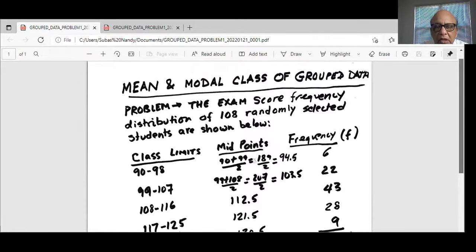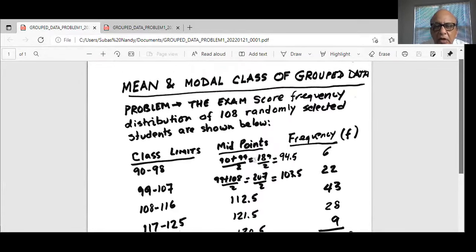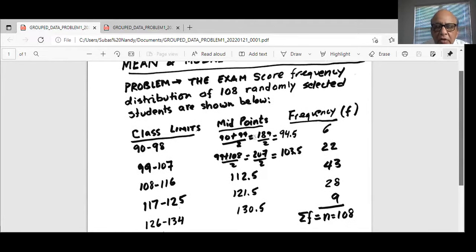So we are going to calculate the mean and modal class of group data. There is a problem. The exam score frequency distribution of 108 randomly selected students are shown below. The data set consists of a number of groups of data. For example, the first group is between 90 and 98, and the corresponding frequency or count in that class is